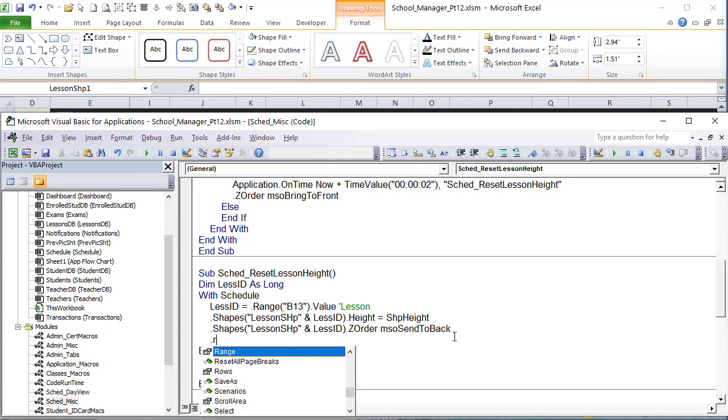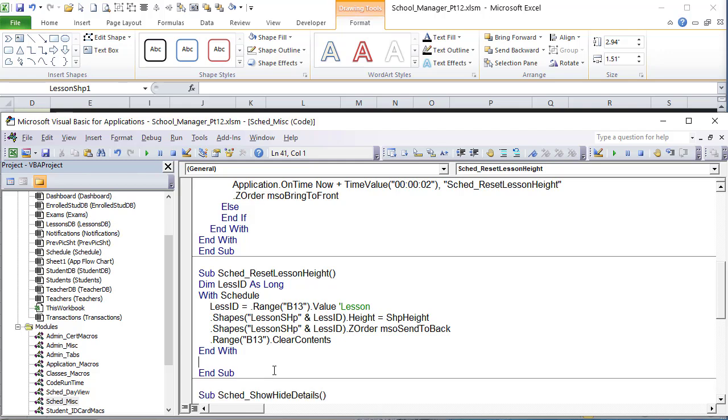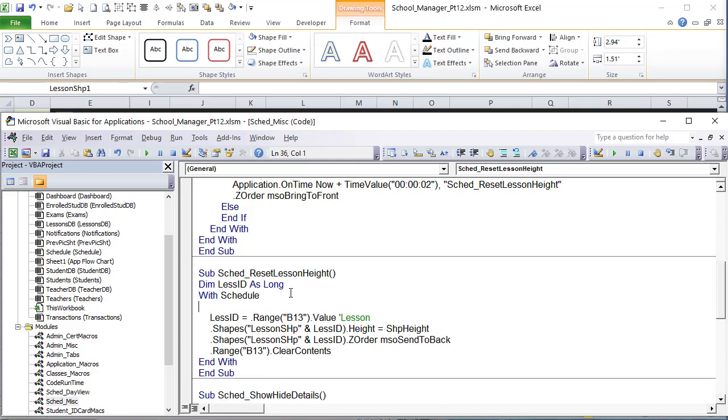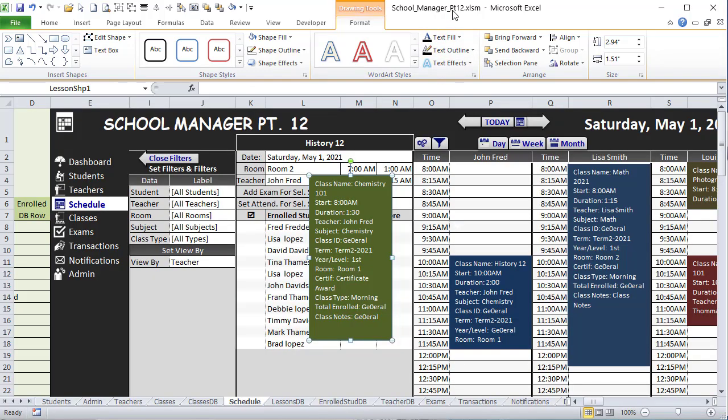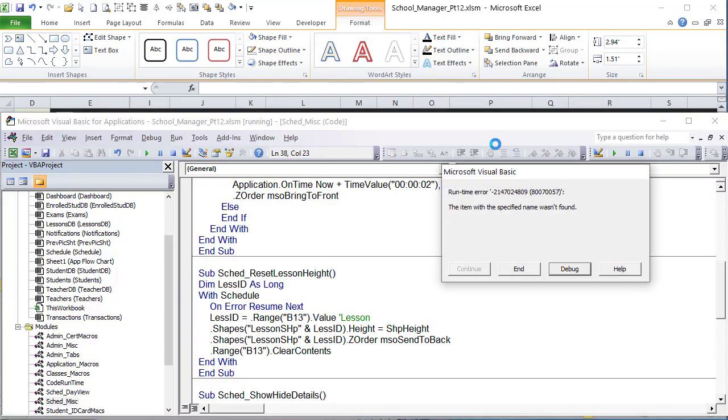Okay, and also we're going to clear B13. We're done with that. So dot range B13, we're clearing the content, dot clear contents. That's going to get it ready for the next one. If there's an issue with that, it could be an issue. So we're also going to add on error resume next here. I generally don't like to add those early on, but in case there's an issue, let's go ahead and save that. And then what we're going to do is refresh our schedule, double check for any issues, and then we'll fix this issue,